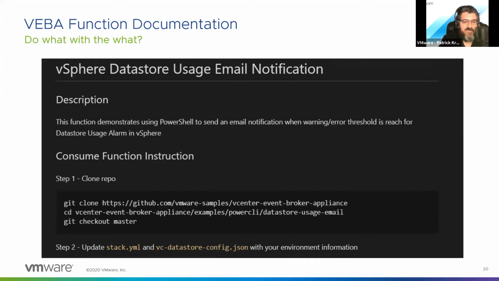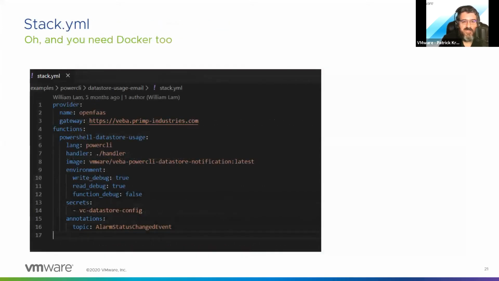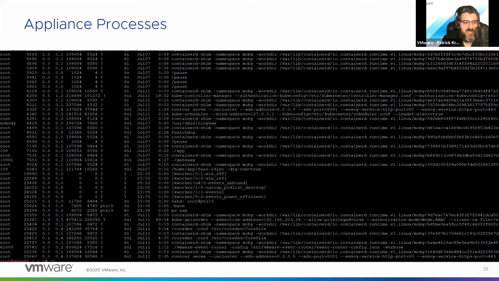And I'd heard of a JSON file, but I'd never used them. So I'm like, what am I doing here? So I took a look at this YAML file and I thought, okay, well, it's just a config file. This isn't too complex. I'm going to just SSH to this appliance and look around and see what's there.